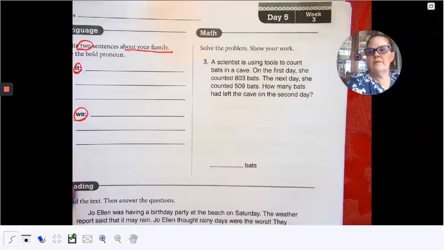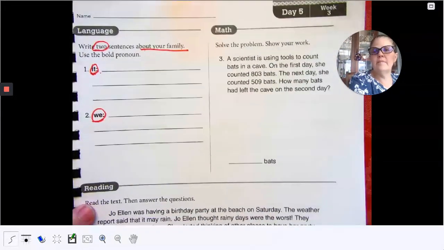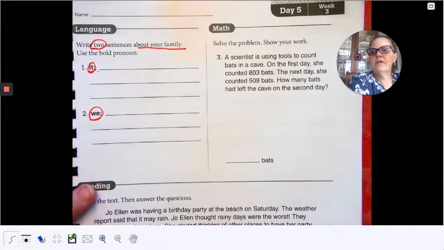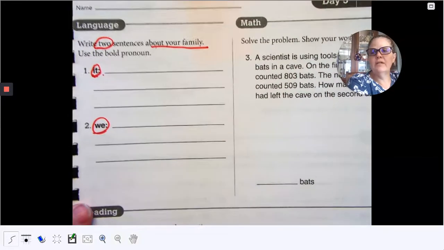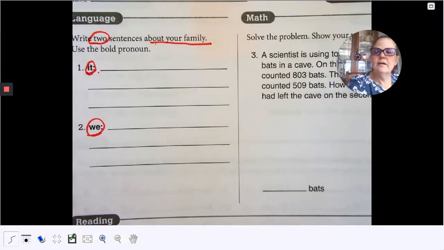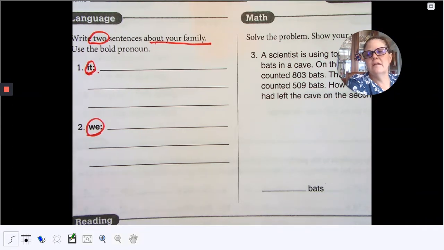We're going to start with language. It says write 2 sentences about your family. Use the bold pronoun. So we're all going to have a different answer, but you should have something where you can use it as a pronoun to replace something else. So let's see. I could say,